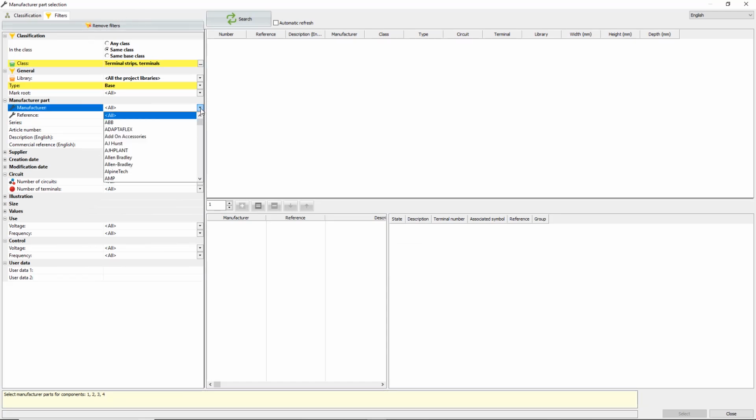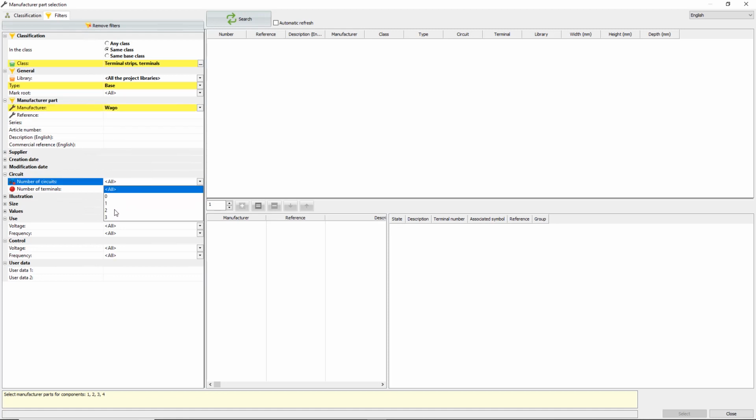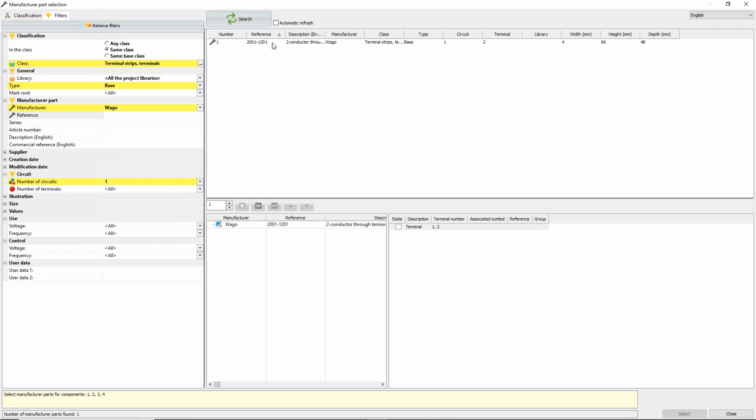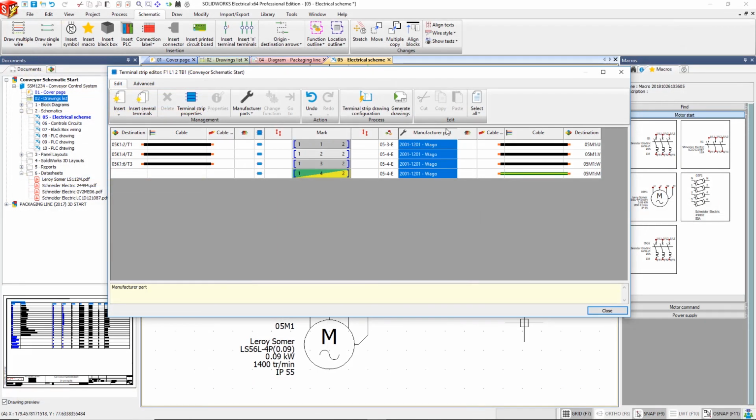I can choose things like manufacturer, so these are going to be Wago terminals. I can maybe search by the number of circuits. I can maybe search by the number of terminals, or other technical values as well. Even the part number, if I knew that, I could search by. Once found, this gets added onto my project, and this will now update in my bills of materials in SOLIDWORKS Electrical.